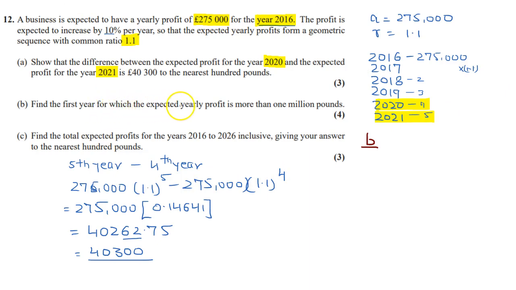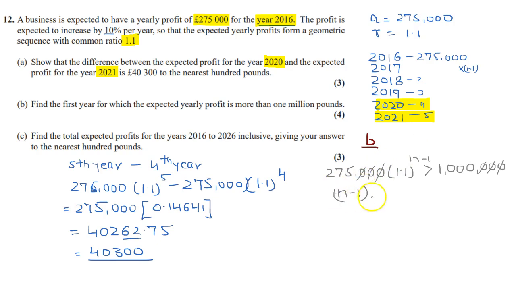Find the first year for which the expected yearly profit is more than 1 million pounds. So let it be nth here. So this is 275,000. r is 1.1 to the power n minus 1 should be greater than 1 million, meaning 1 followed by 6 zeros. So we cancel here, 1, 2, 3. So now we have